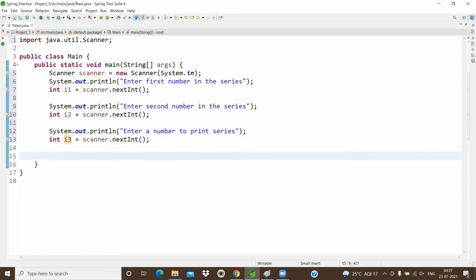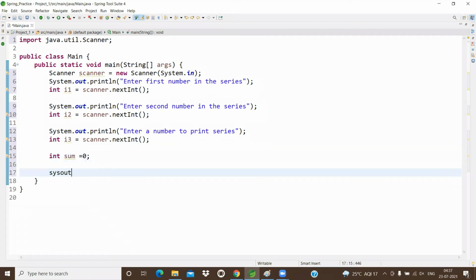Now, to add the last two preceding numbers, I'm taking one variable like sum. Here I'm taking the variable value as 0. Now first I want to print the series like this. System.out.print i1 value, whatever number we give at the start, that value will print.